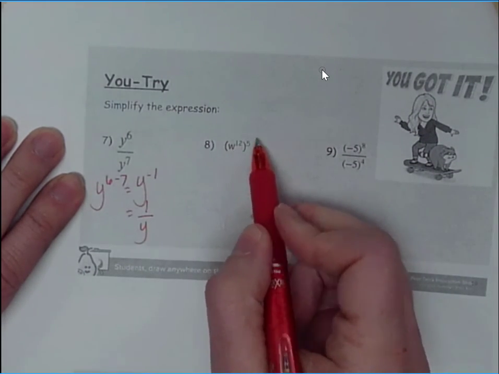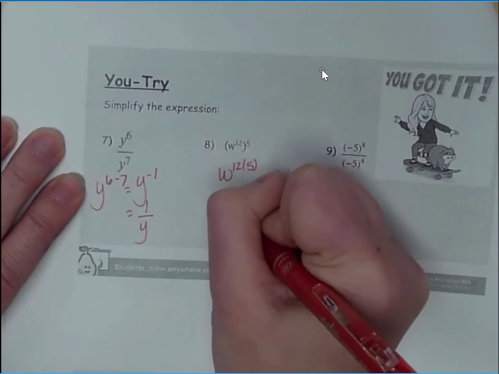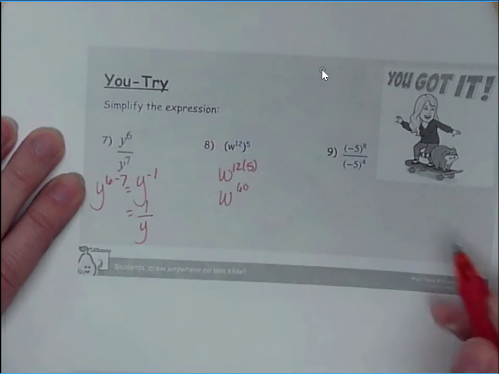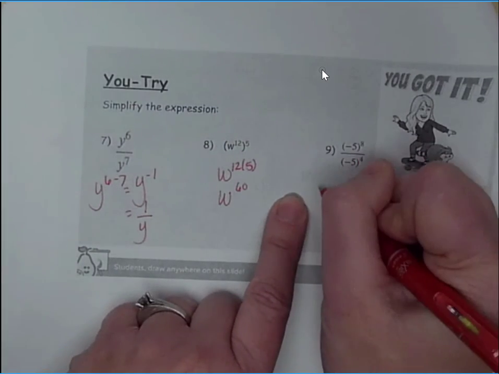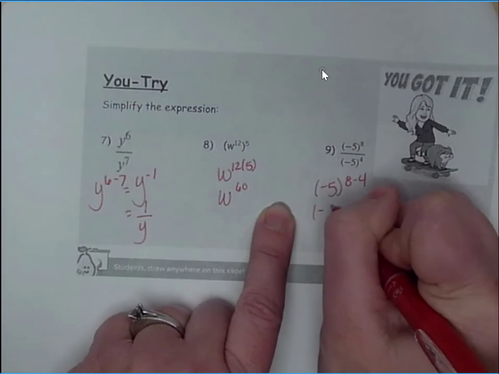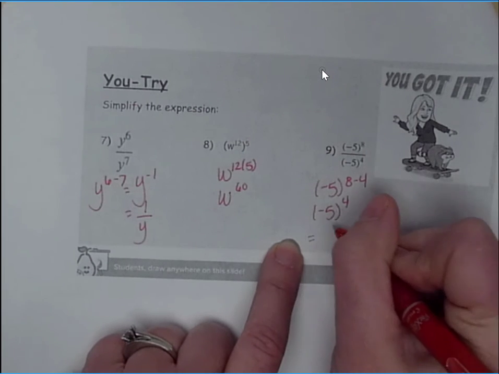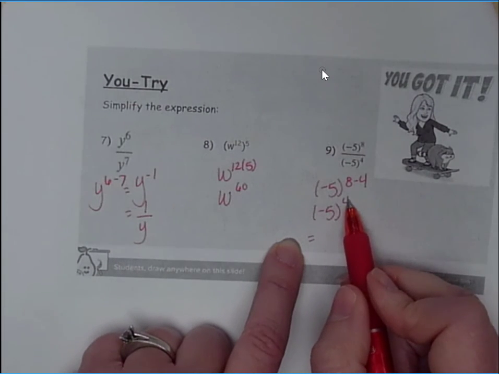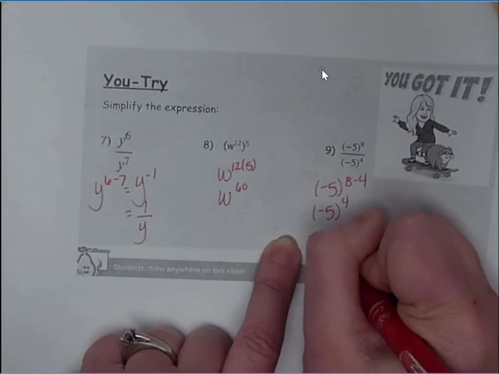I've got a power to a power, so I have w to the 12th times 5, so I have w to the 60th. Now I'm dividing, which means I'm going to subtract these two. So I have -5 to the 8 minus 4, which is 4. And then, since it is an even exponent, my answer is going to be positive, and 5 to the 4th power is